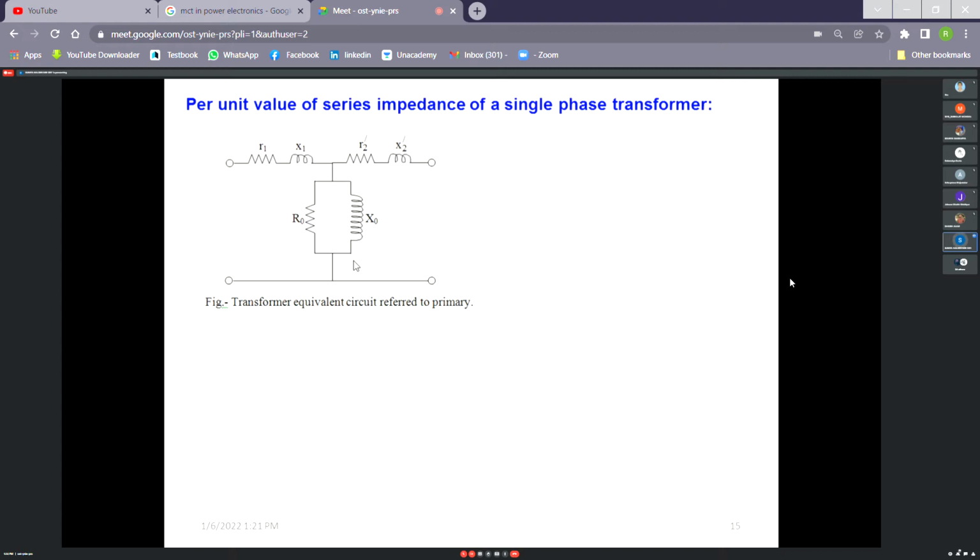In that case, current in the system is huge, more than the rated, abnormal condition, short circuit. So in that case, obviously shunt branch current is negligible as compared to the series branch. That's why we are concentrating on series impedance, not on the shunt admittance. But the method is same as we are applying the concept of per unit values for series impedance. If necessary, we can use it for the shunt admittance part also, but here I shall not discuss.